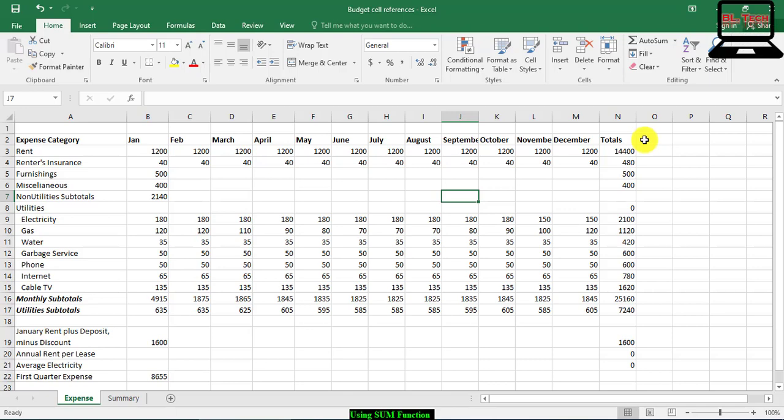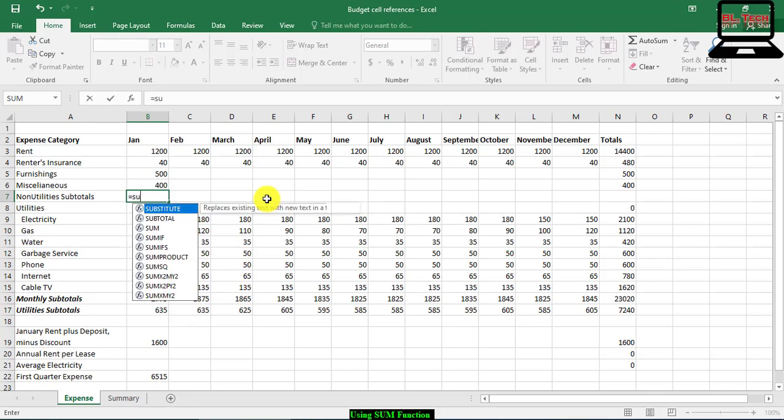In cell B7, you type equal, open sum, open parenthesis, and click the range B3 to B6.